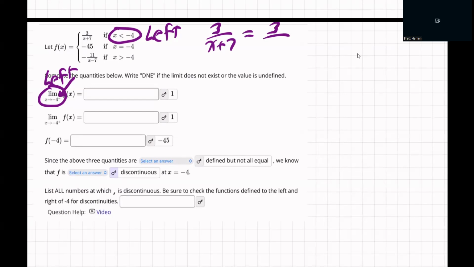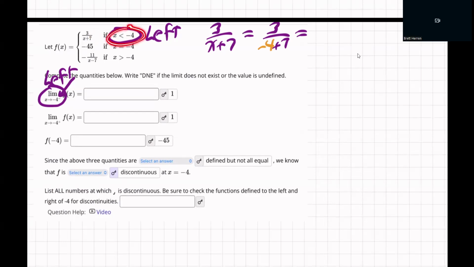and we plug in -4. And you might wonder, you might say, well, Mr. Aaron, it's not equal to -4. So how can you plug in -4? Well, it's true, it's not equal to -4, but it's infinitesimally close, right? It's for all values less than -4, even those infinitesimally close, like